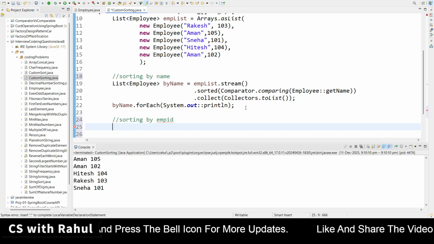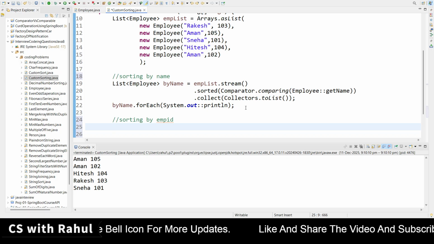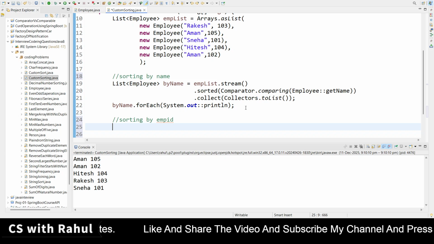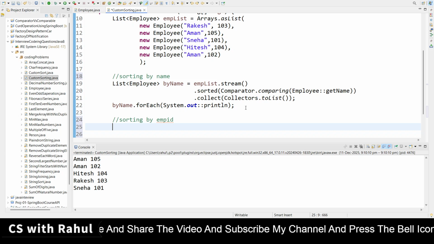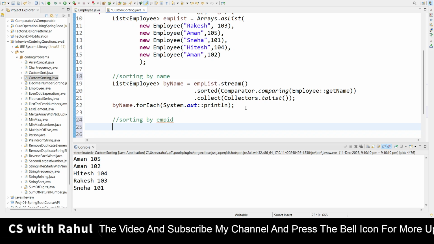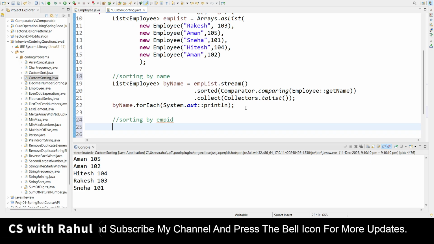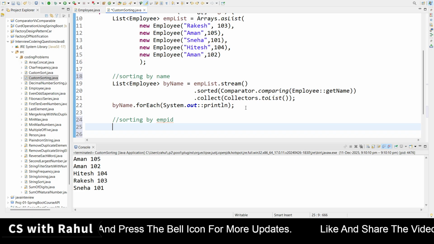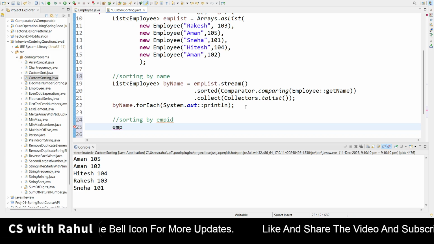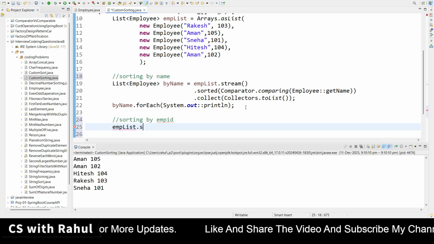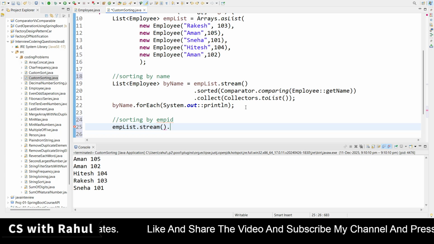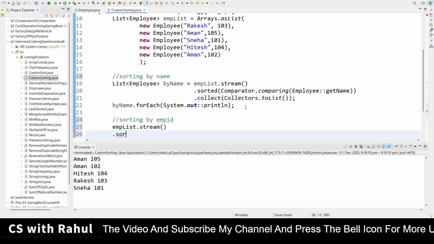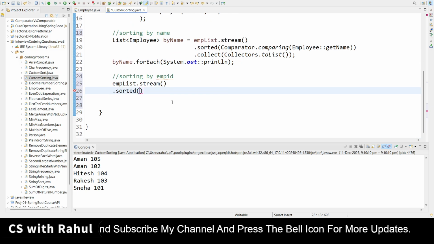Okay, this time I'm not creating it, I will show you how I can use the forEach method directly. In sorting by name I showed you how to collect and store it, but next I will show directly how I can use the forEach method. empList.stream, then you have to call the sorted method.